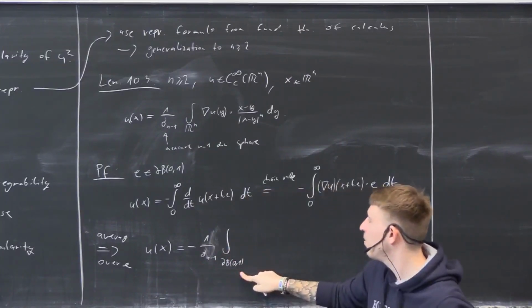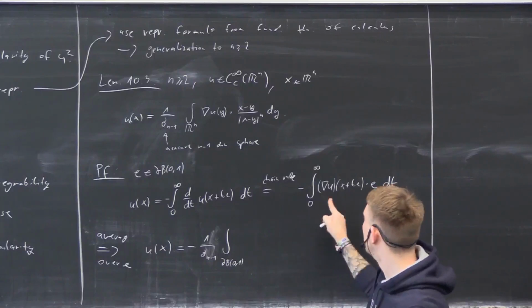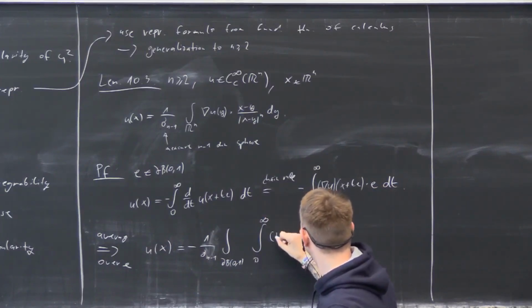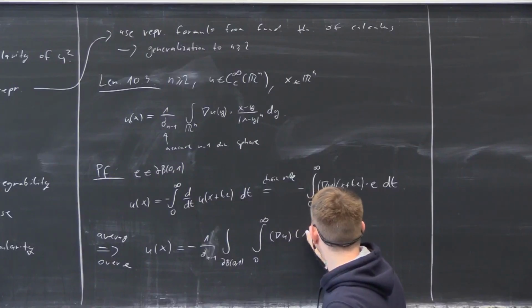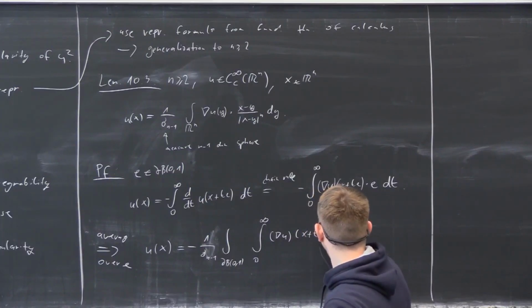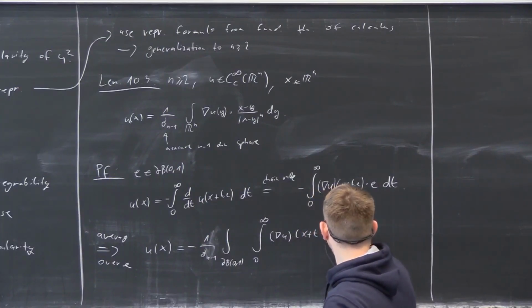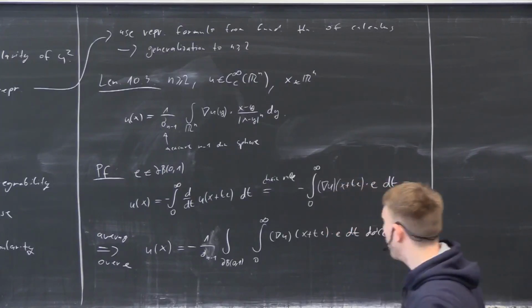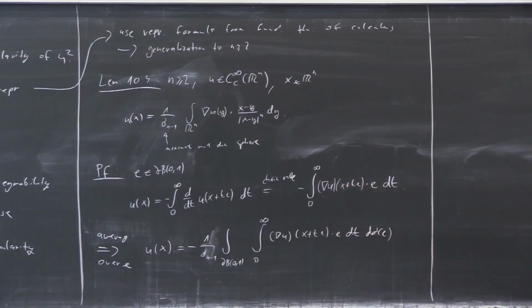This is just this averaging that doesn't affect the left-hand side. And the rest I copy: integral from 0 to infinity, gradient u evaluated in x plus te dot e dt d sigma of e. And now what I want to do next is swap the order of the integrals